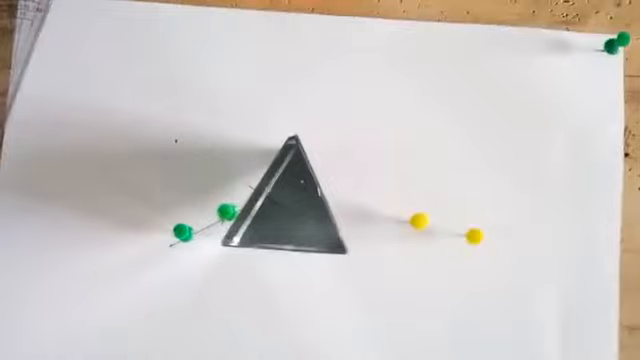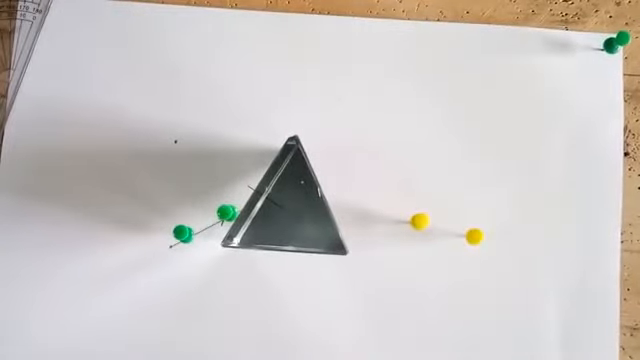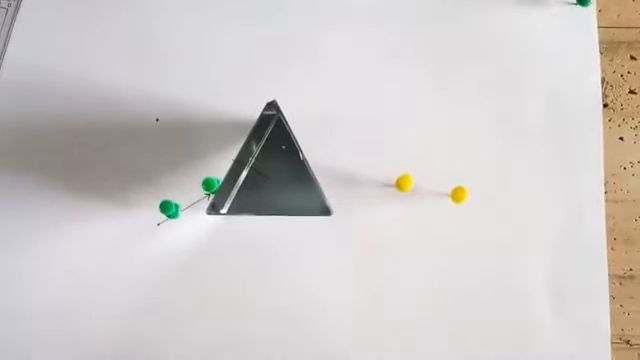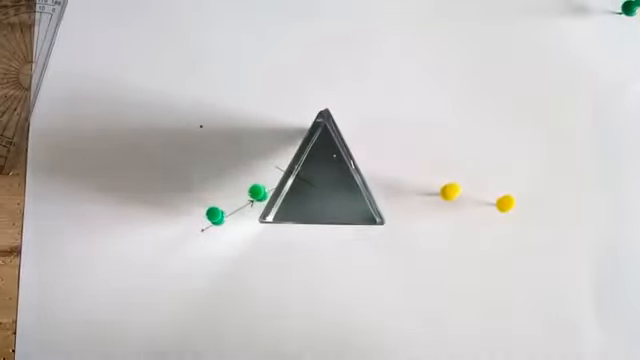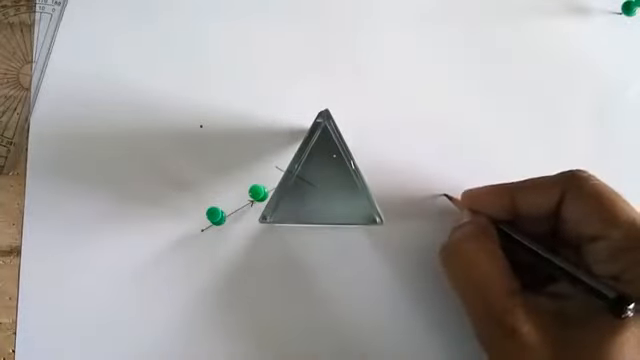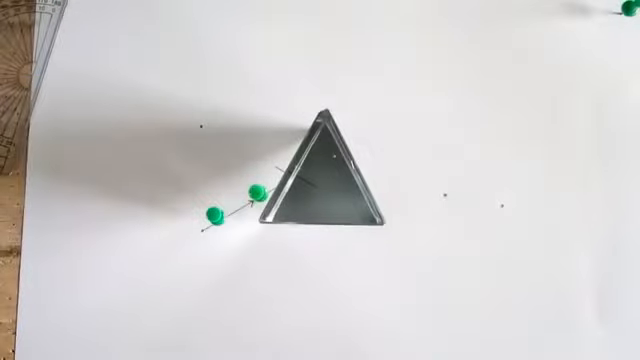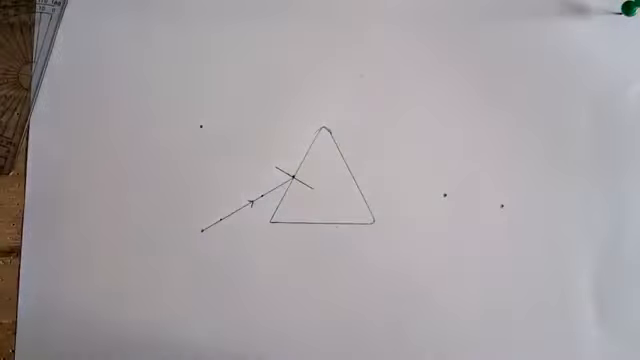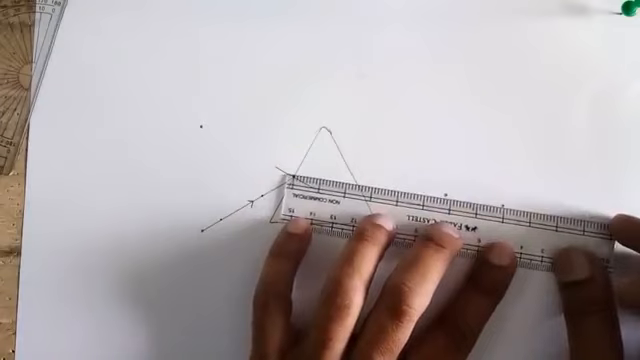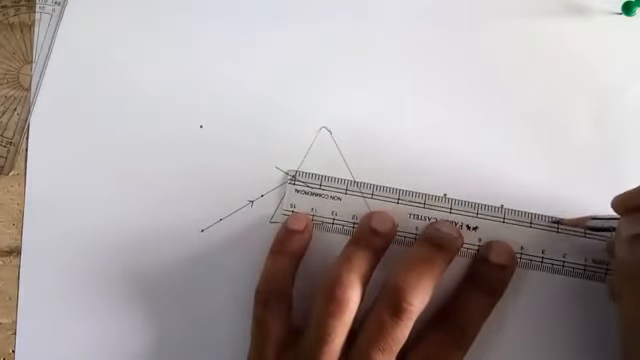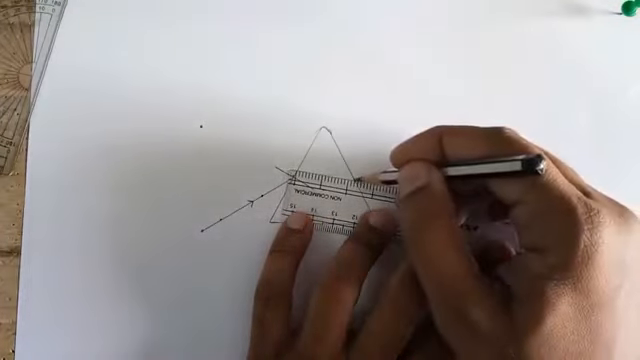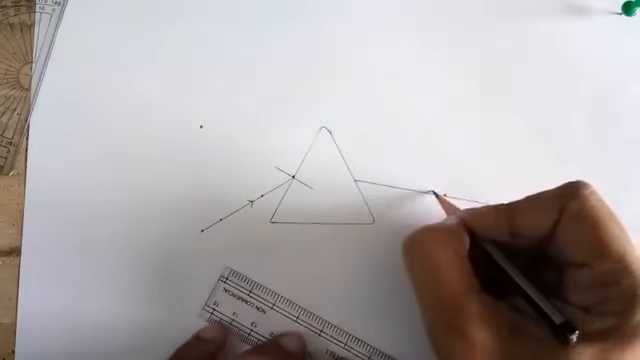Now we are going to mark these two places. So I am going to remove these pins. Now we'll put the prism aside. Now no need of these pins also. Join these 2 points with a straight line over here. This will be your emergent ray,